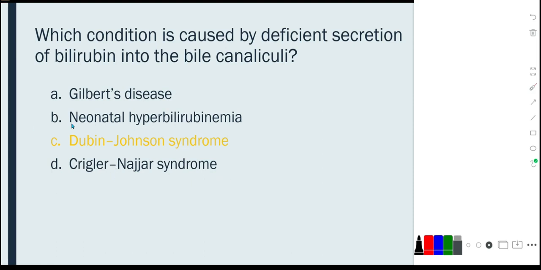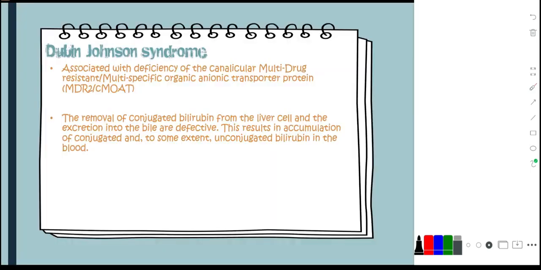As for neonatal hyperbilirubinemia, again, nagasaka ang imo B1 since hindi pa mayo fully develop yung conjugation function ni liver. As for Dubin-Johnson syndrome, this disease is associated with the deficiency of the canalicular multi-drug resistant multispecific organic anionic transporter protein, which is involved with the ability of the liver to secrete conjugated bilirubin. So the removal of conjugated bilirubin from the liver cell and its excretion into the bile are defective, which is